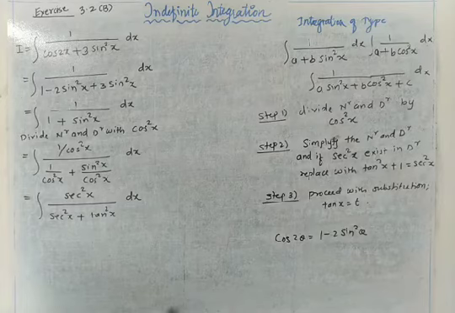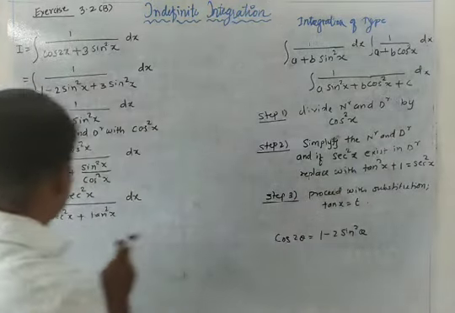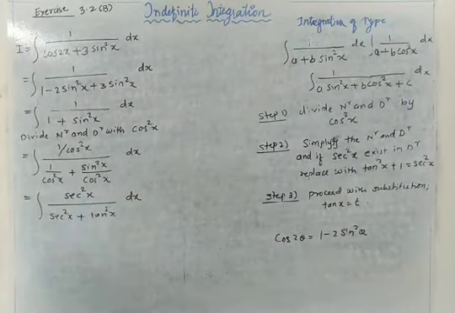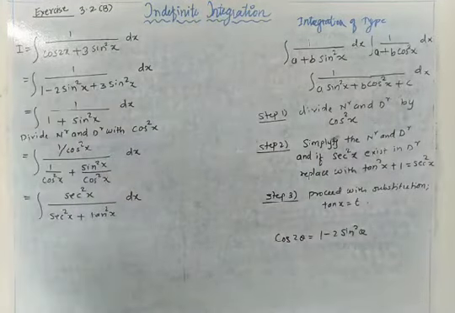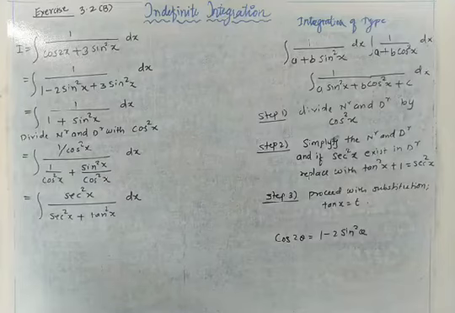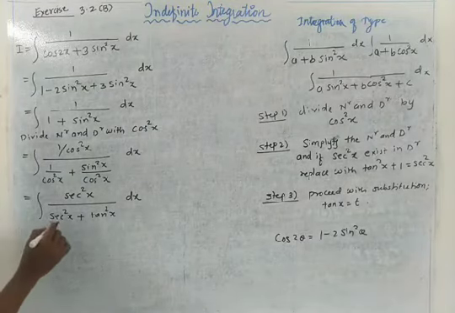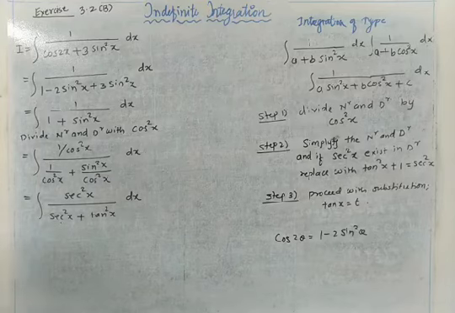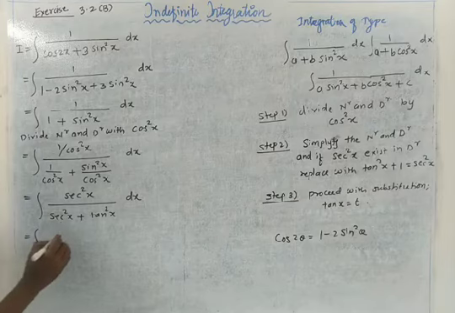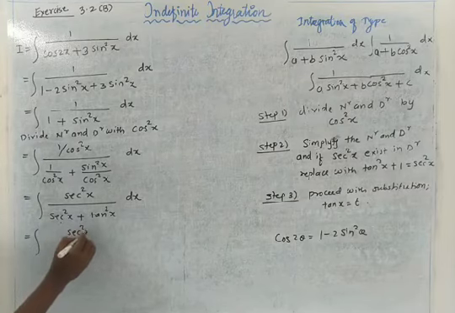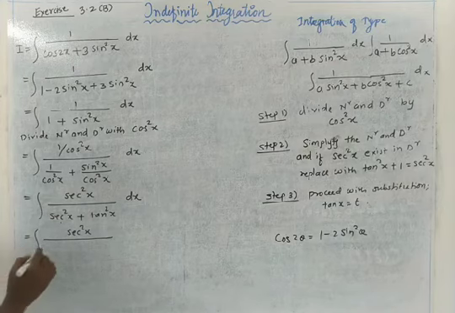So step 2 is simplify the numerator and denominator. So that we have done simplification, but we have to check whether there is an existence of sec square x in the denominator or not. If it exists, replace it with tan square x plus 1. So we check that in the denominator the sec square x term exists. So now we are going to replace this term with tan square x plus 1. The sec square x in the numerator we are not going to change, only the denominator we are talking about.